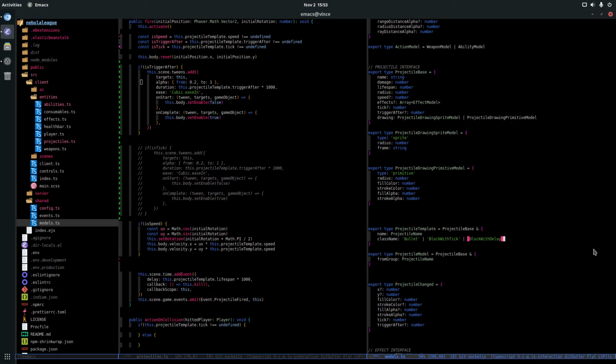Why does my projectile template, my projectile base, not need a class name? I don't know why.